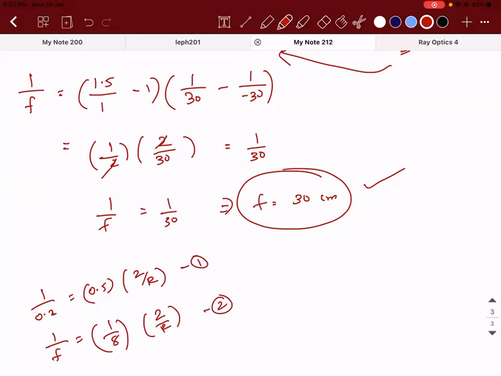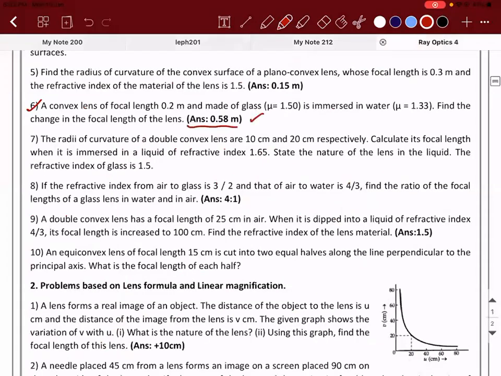So I'll divide 1 with 2. I'll get F divided by 0.2 is equal to 0.5 divided by 1 by 8. That is going to be 4. So F will be equal to 4 into 0.2, which is 0.8. So 0.8 minus the already existing 0.2 will be 0.6. So 0.6 is approximately 0.5. Yes, fine, I understood, sir.